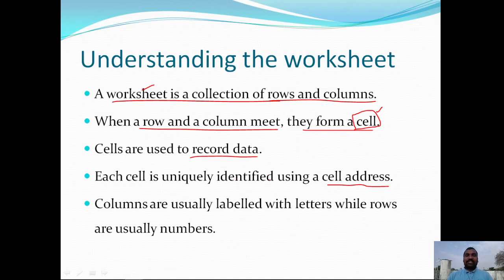The cell address is identified with a column label and a row label. Columns are usually labeled with letters, while rows are usually labeled with numbers. For example, this is column A, this is column B, and this is the first row, this is the second row, and so on.